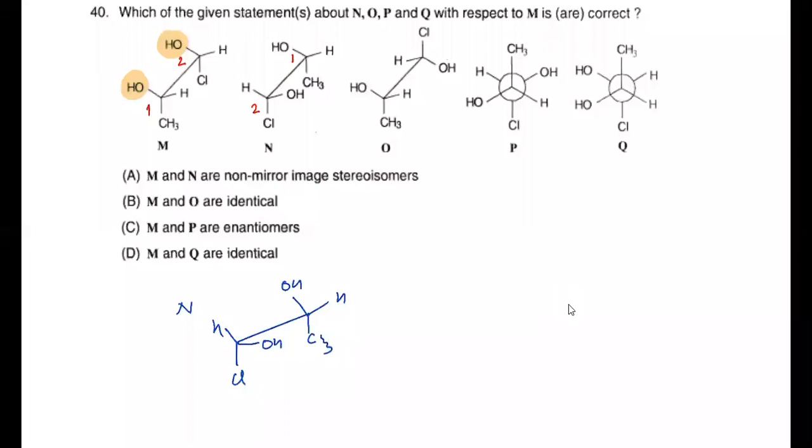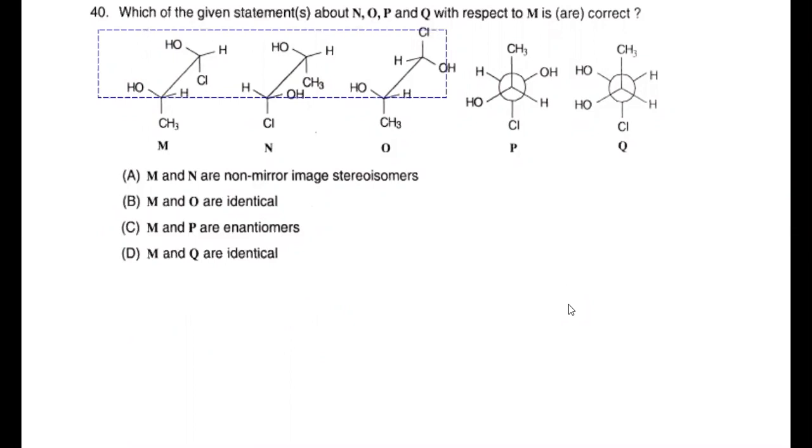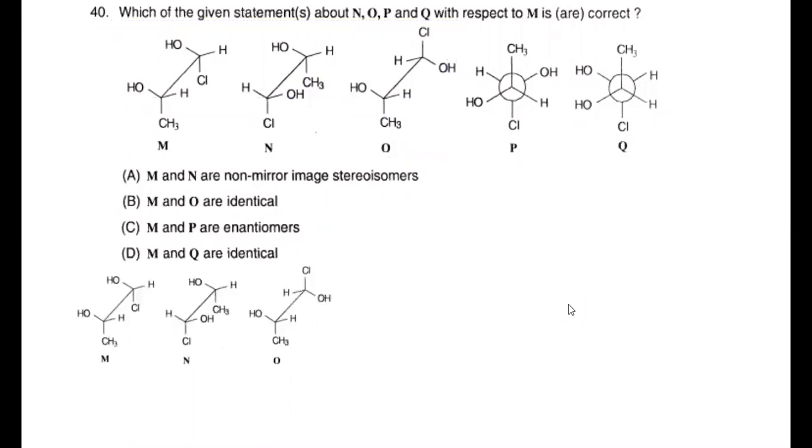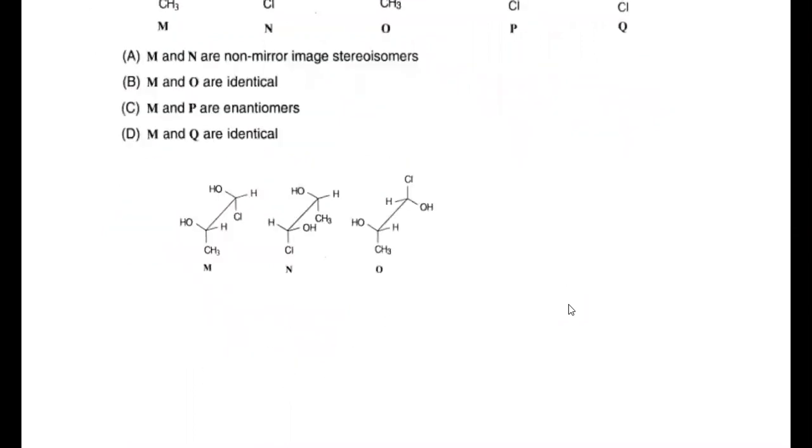So to solve this question, it will be good if I go with the RS nomenclature. That will help me to solve this question quickly. Otherwise, the carbons are different, so it's difficult to compare them. We'll convert M and O into their corresponding units very easily at a later stage, but first we can compare M, N, and O through RS nomenclature. That will be much safer.